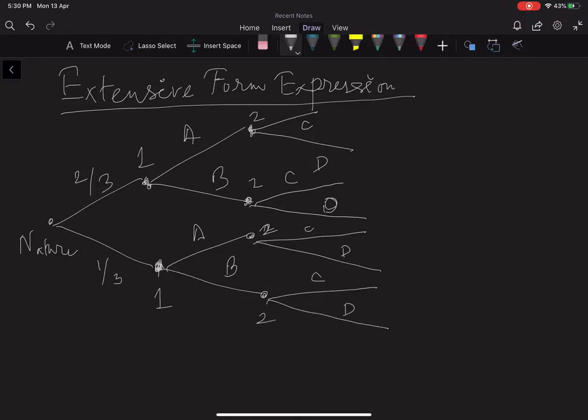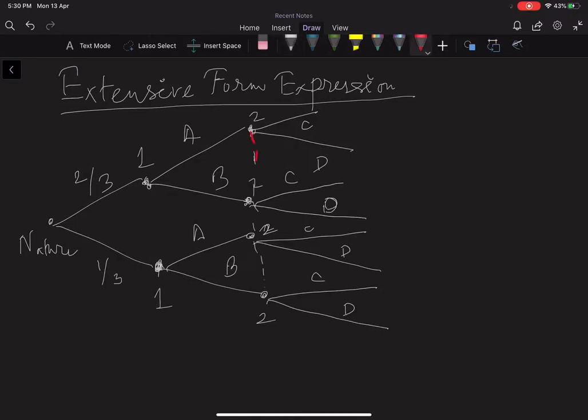but player 2 has no clue. Not only that, the first point is player 1 and player 2 are in a simultaneous move game, so player 2 doesn't see the actions of player 1 when player 2 chooses its own action. Moreover, player 2 doesn't see the move of nature. So player 2 not only doesn't know what player 1 is choosing, it also doesn't know what was the move of nature. So player 2's information set is actually across the entire,